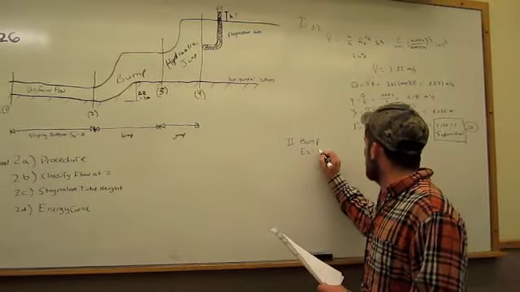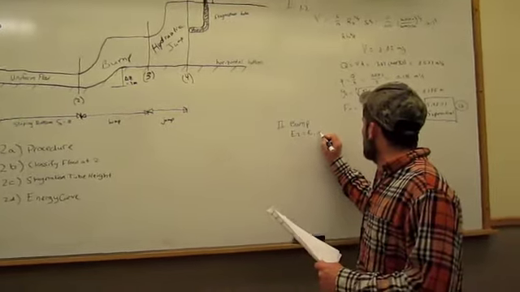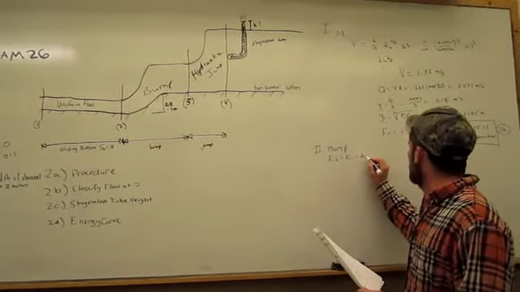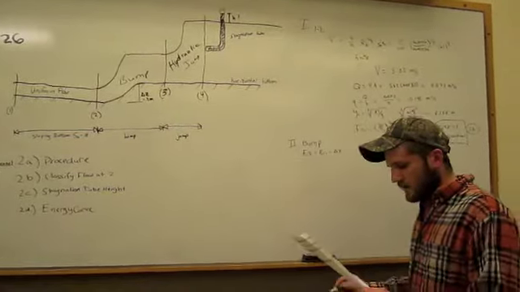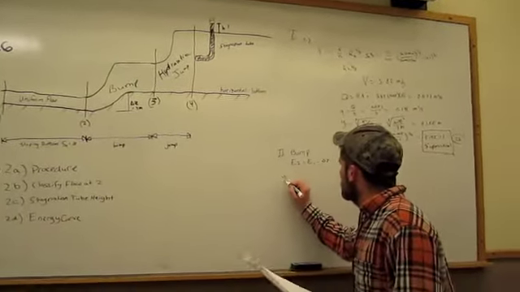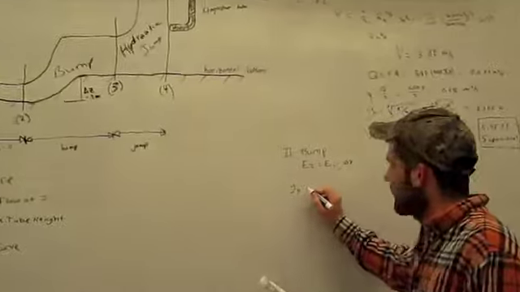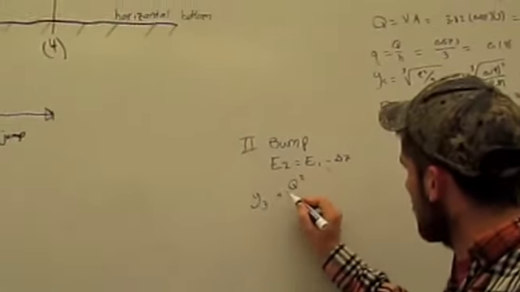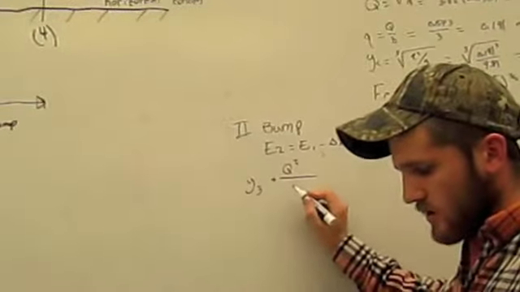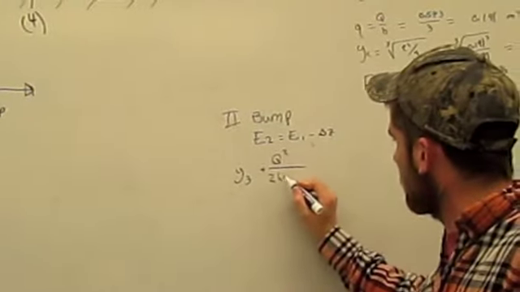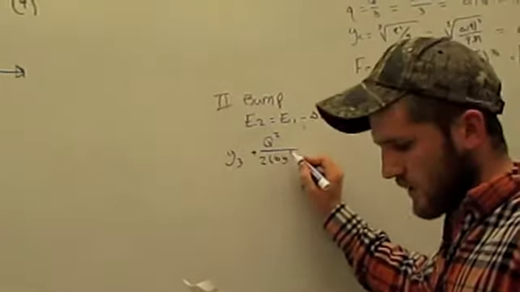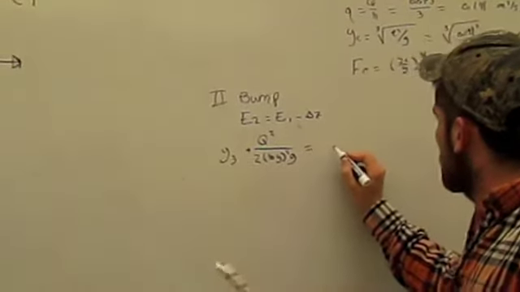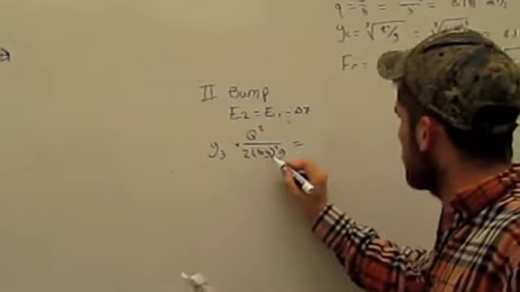E2 is equal to E1 minus delta Z. Energy is equal to y3 plus q squared over the quantity 2 by squared g. Same for point 2,